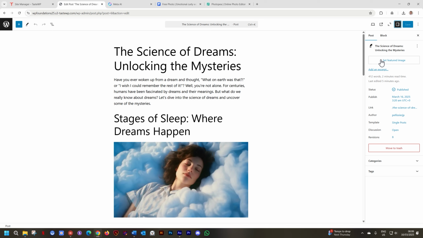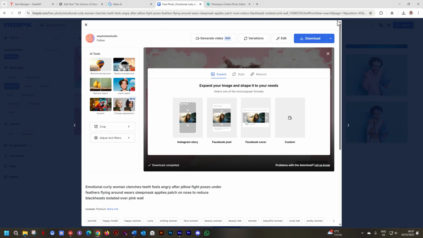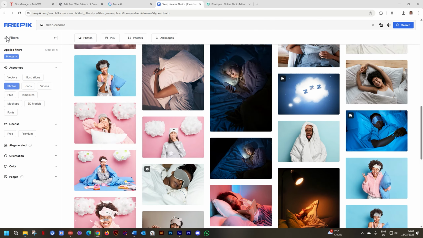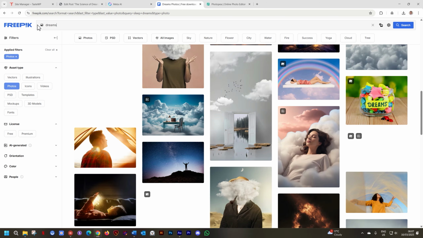Here's another tip. Don't reuse an image again and again on your site. The search engines pick that up when they see you are reusing images and that you are being lazy. And that will count against you, maybe. So always try and use different and new images. And this is the last image that I'm going to show you how to format. After that, you're on your own. I'll go back into free photo. This time I'm going to look at search just dreams, something different.